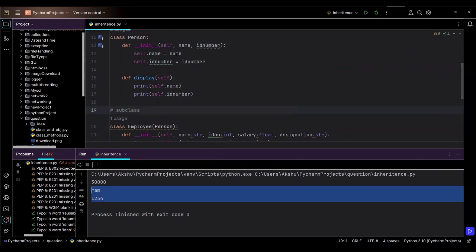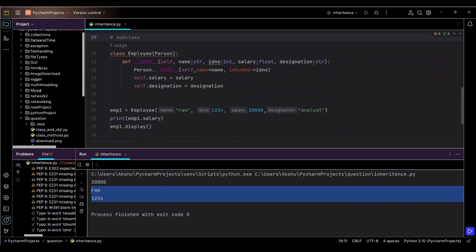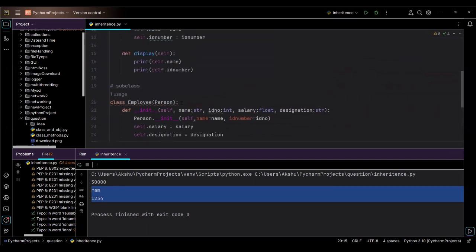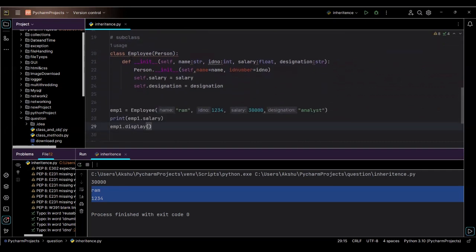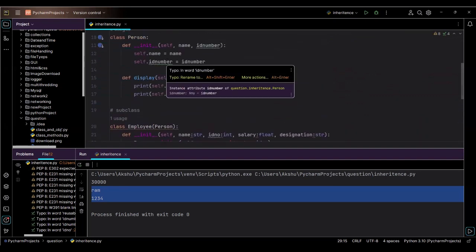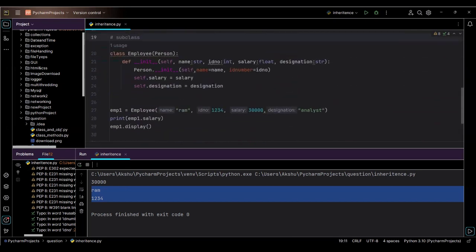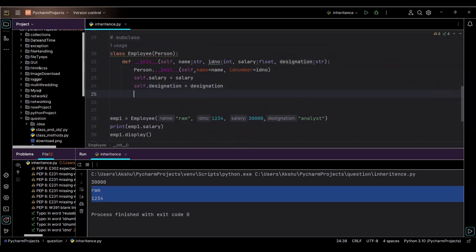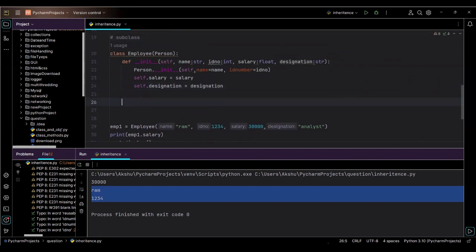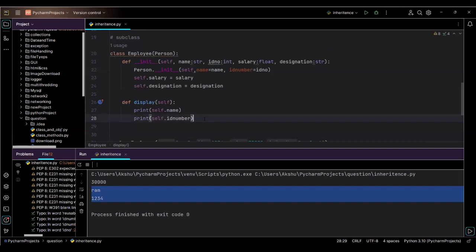Now when I call the function employee1 dot display, this will call the display function of the parent class, because this display function is not there in the child class, so by default it takes it from the parent class. Now what if I define the same function in the child class? So copy the code. I'll use display and also add some more properties. I'll write print